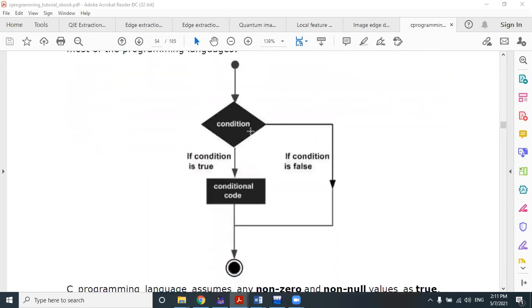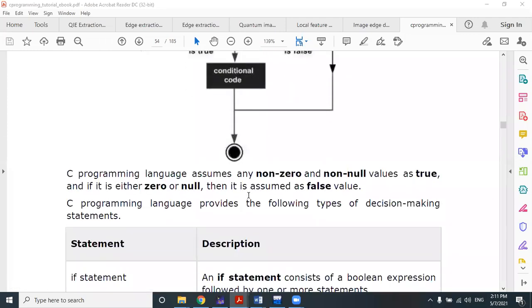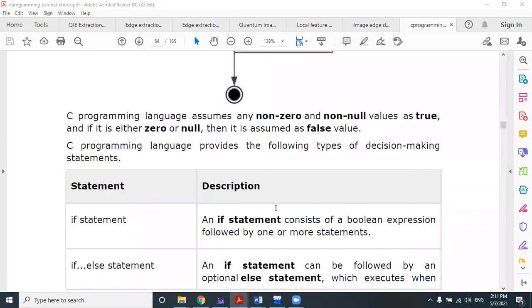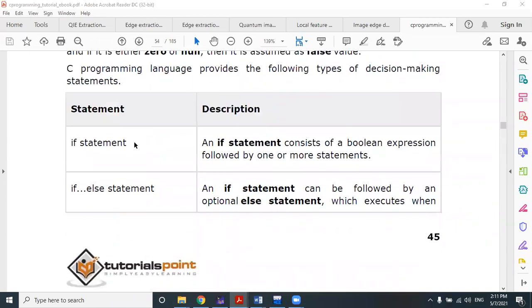Very simple. This is a flowchart that we have already learned. One data has been input here. The condition is written within this diamond box. If the condition is true, then we will make some decision, and then the program will terminate. If the condition is false, then it will make some other decision, or the program will terminate without any value. So there are mainly two things we are going to represent, true and false, and that is called the if statement and the if-else statement.